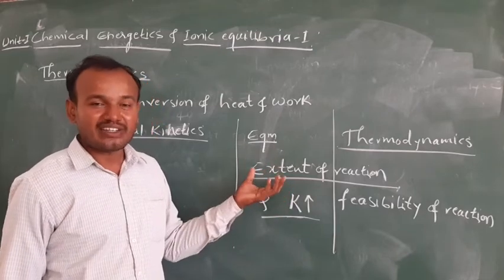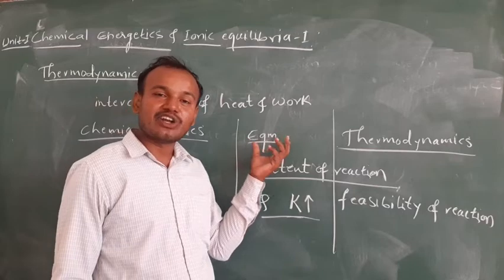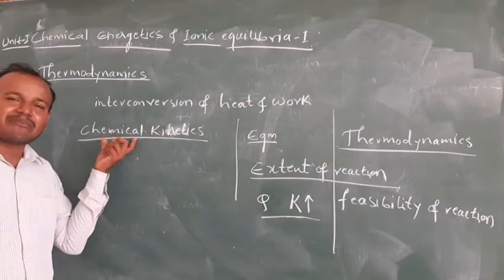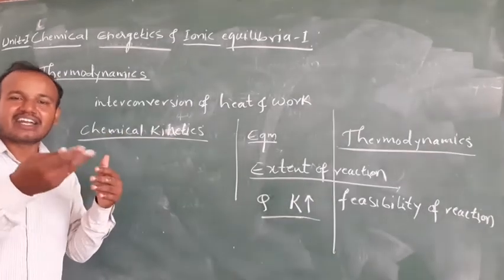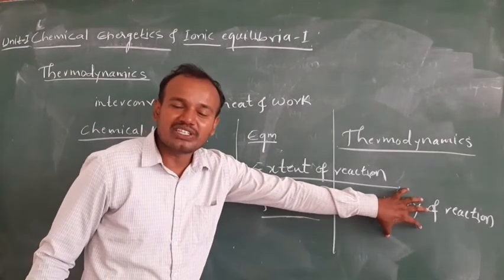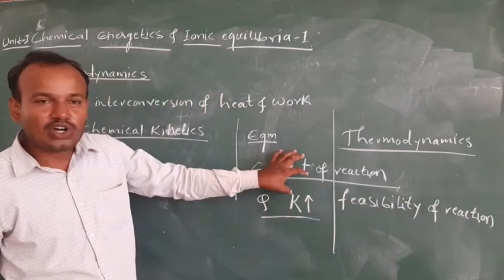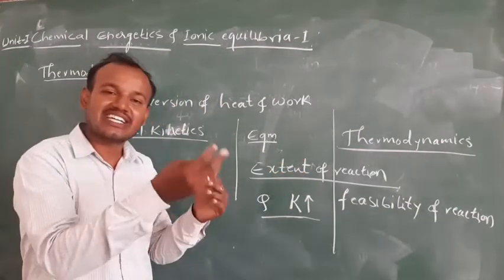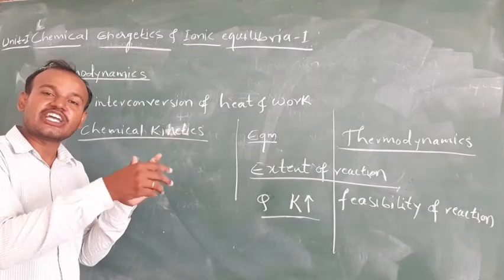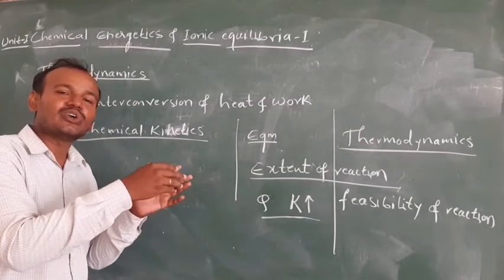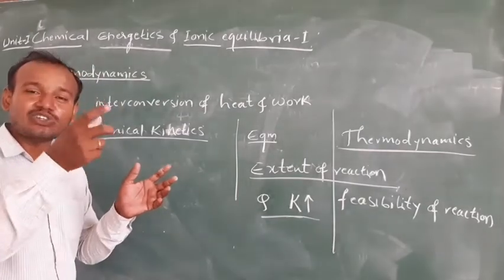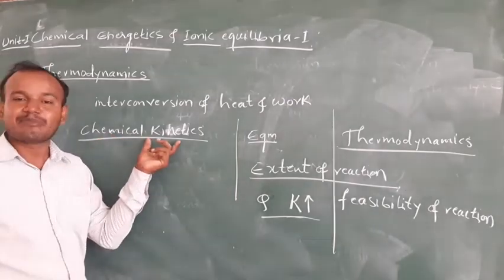That is for that question, we will get the answer after completion of this equilibrium unit. Like in chemical kinetics, the name itself says: chemical means chemical reaction, kinetics means its rate, the speed of the reaction. So here it talks about whether the reaction is occurring or not, and this talks about the extent to which the reaction is completed, and it talks about how fast that reaction is going to occur, whether the reaction takes place over 2 years, within half an hour, or within 1 minute. So with respect to the time factor, that will be studied under the heading chemical kinetics.